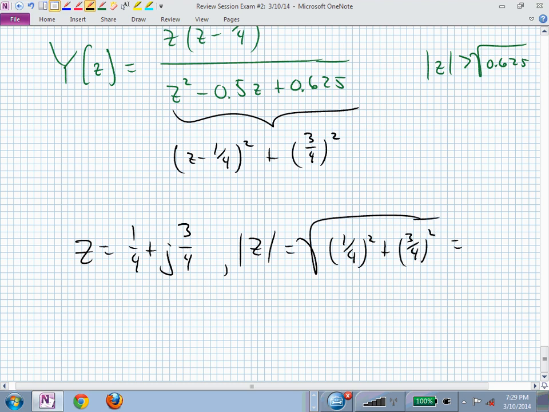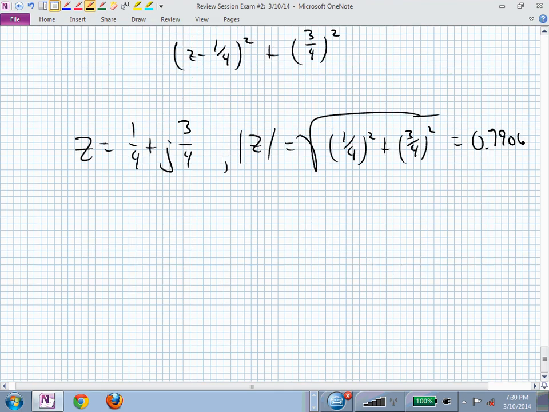And I just computed that, I hope, before I started. And that's about 0.8, a little bit bigger than 3/4, because we're adding 1/16 to that and then taking the square root. And the angle of z